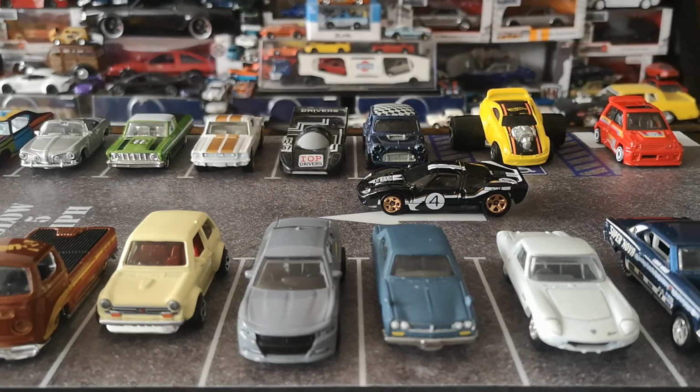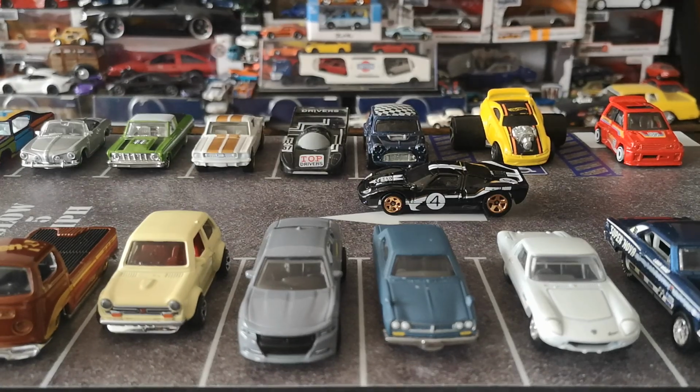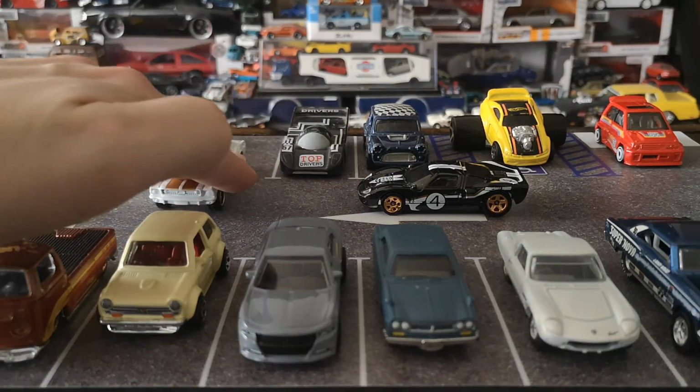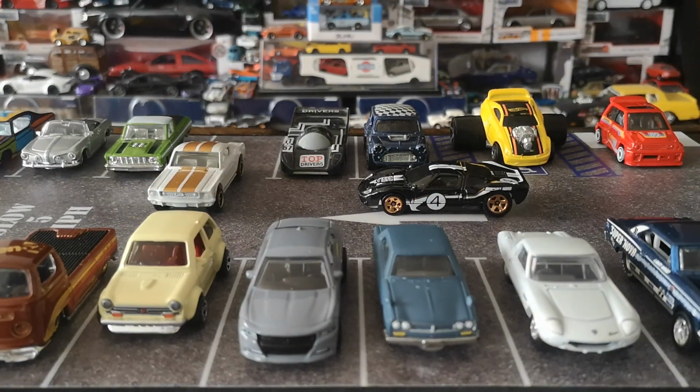The Ford GT40 in the Gumball 3000 livery. Yeah, I actually have it. Let's see if I can show you. If I move this, nope. Let's see, maybe if I move this. Yeah, there it is. If you look way behind there,